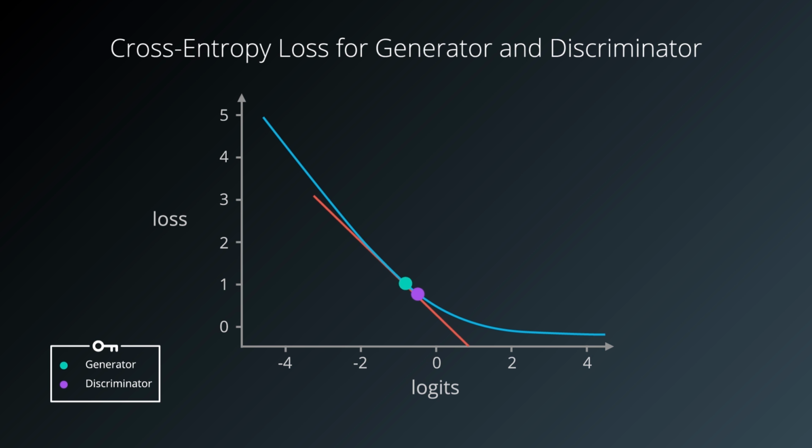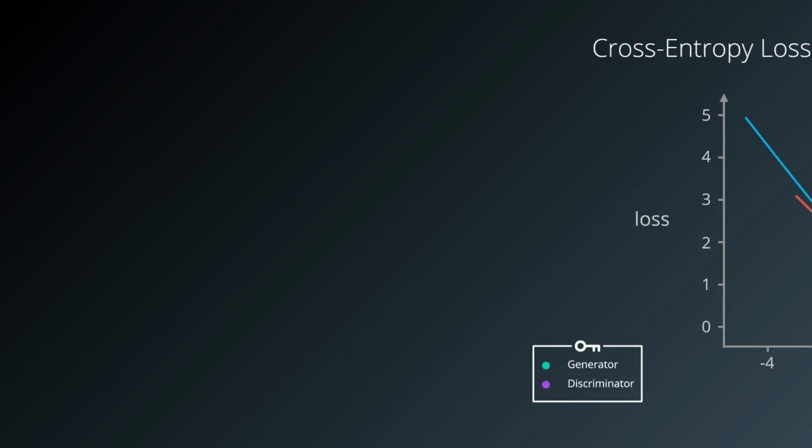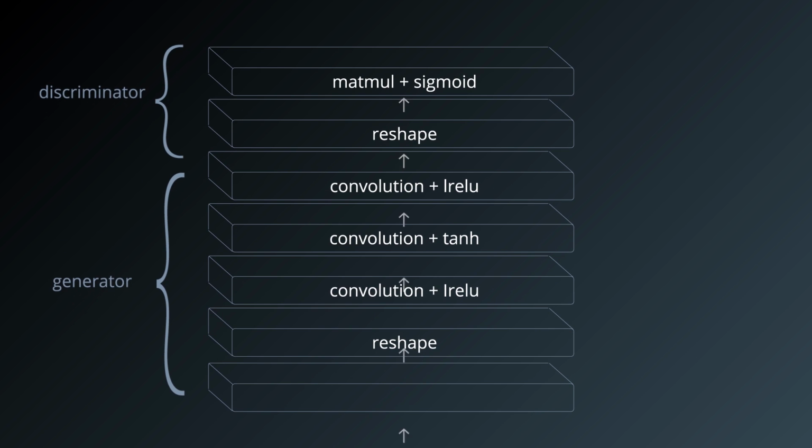Using negative D loss as a loss for G forces the generator to maximize a cross-entropy. We really want both players to minimize a cross-entropy. Minimizing a cross-entropy works very well in practice because the derivative of the cross-entropy function is always non-zero whenever the cross-entropy is not minimized. So the losing player always gets gradient. That means it's much better for the generator to minimize a cross-entropy with the labels flipped, rather than maximizing the discriminator's cross-entropy. There are lots of other options for D loss and G loss.